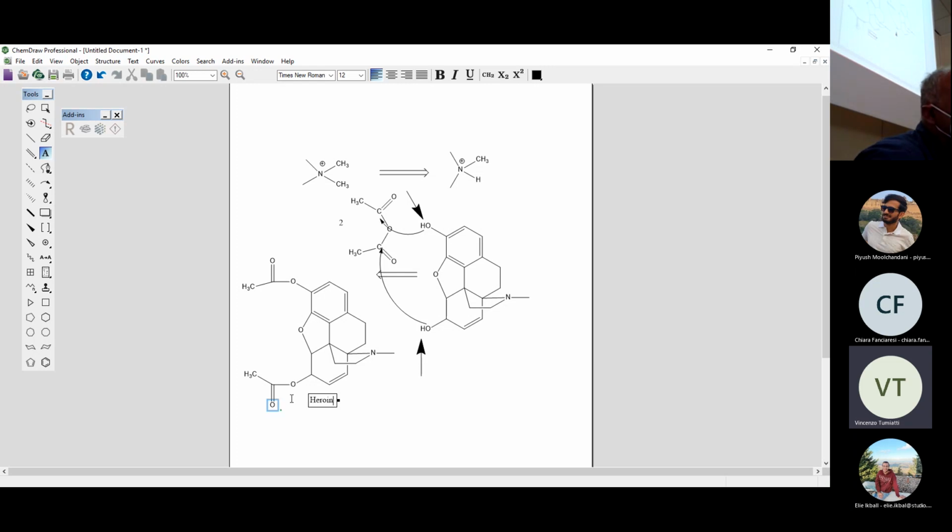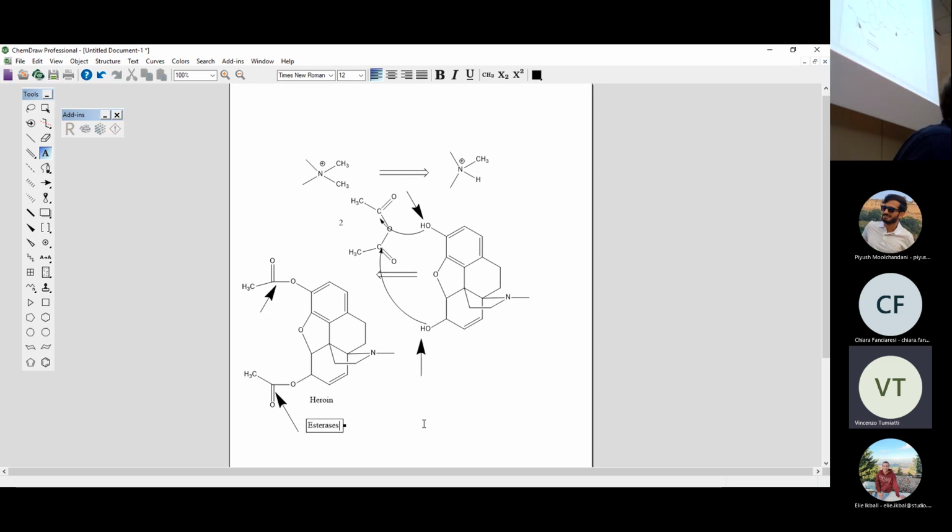And then inside the CNS, there are specific enzymes called esterases able to hydrolyze the two ester groups to give again